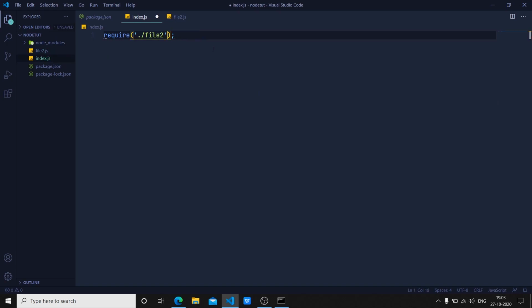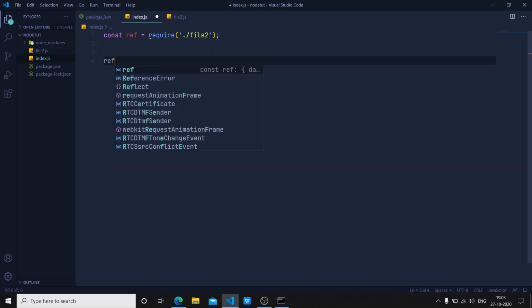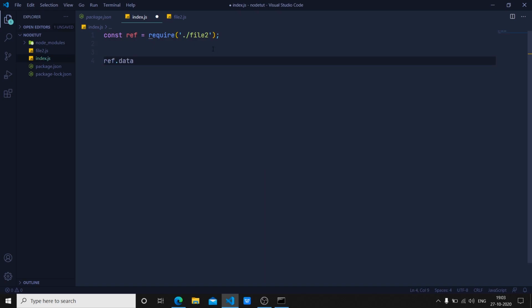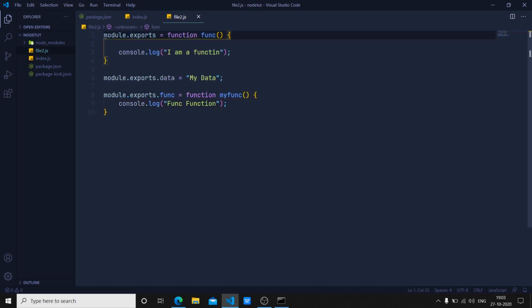Normally we won't do it this way. Normally what we do is that we create a reference for this. Let's say some constant reference to that file is saved in this ref variable. Now I can use ref.data to get that particular data. I can use ref.func to execute that particular function, and I can just call the ref directly, and this will execute this particular function that we are sending. By the way, here we can simply use our arrow functions too. I hope you already know what arrow functions are, and it will be good to go.